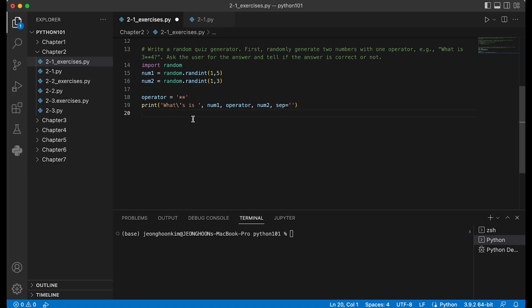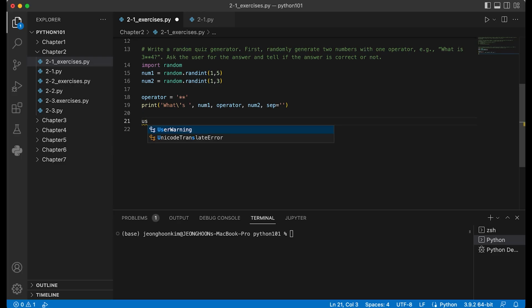Okay, so I'm going to print out what is number one, operator, number two, and if we don't separate it out, then it's going to be one part, right? And we get the user answer.